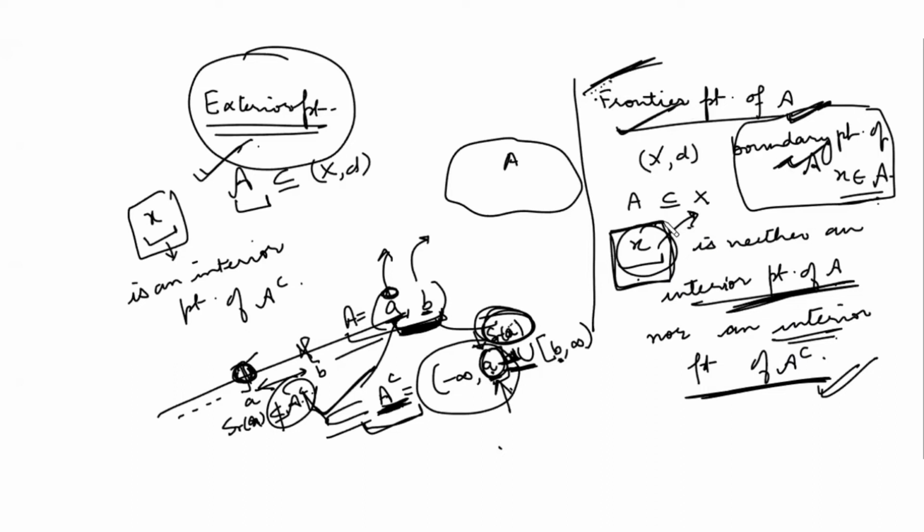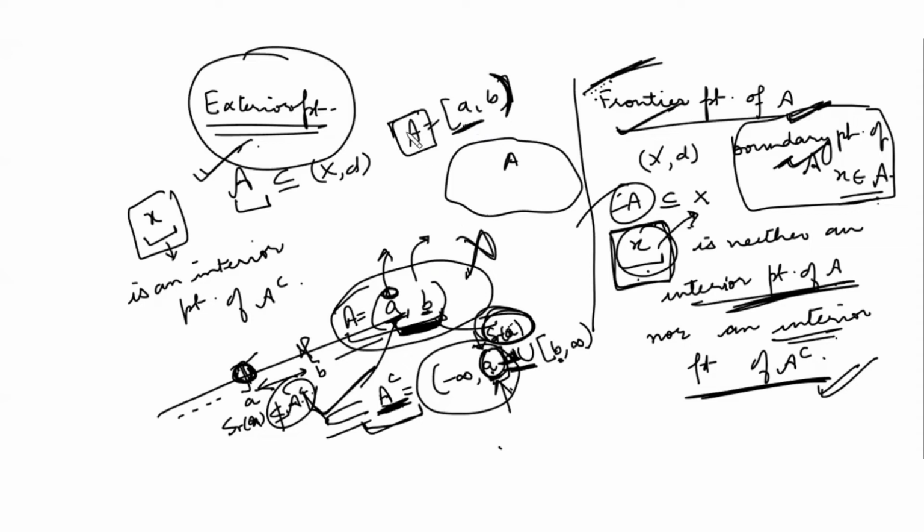Frontier mein there is no condition on x that it should be the member of A. But if it is a member of A, then it will become the boundary point. For example, in case of open interval, there is no boundary point. But इसी की बजाय अगर हम closed interval ले लेते या semi ले लेते, then here A is the boundary point, because A is neither an interior point of A nor an interior point of A complement. However, A is a member of A, this capital A. So therefore, this small a is the boundary point of capital A. Is it clear?